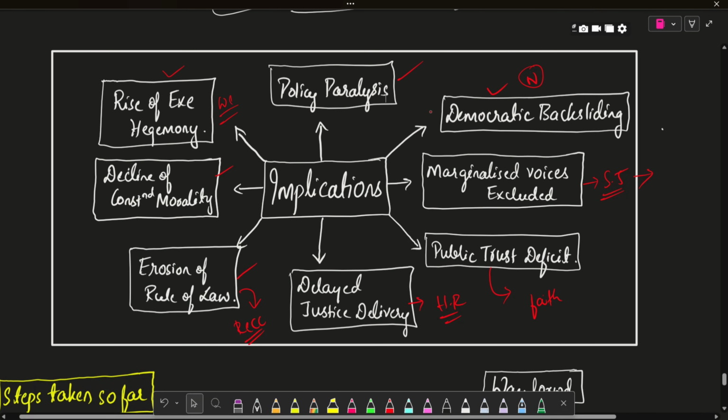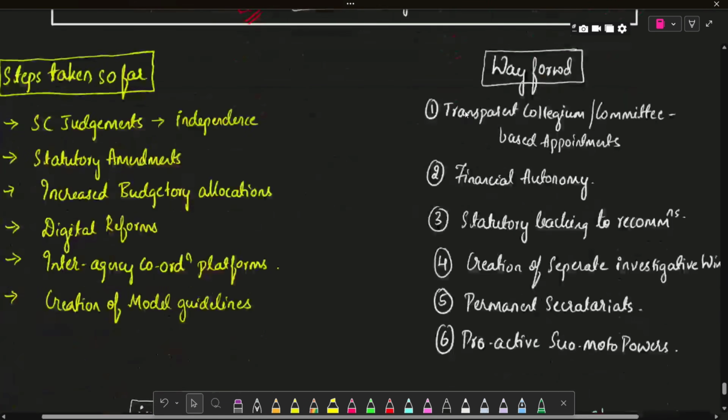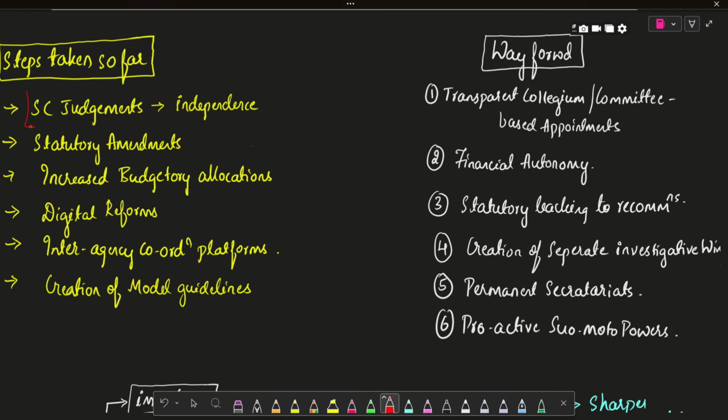Now we'll see what are the steps taken so far. First one is Supreme Court judgments ensuring independence of these bodies. For example, in the recent Anoop Baranwal case 2024, Supreme Court recommended a separate panel for appointment of the Chief Election Commissioner. Statutory amendments, for example, Lokpal and Lokayuktas Act 2013. Increased budgetary allocations, for example, to Election Commission of India, increased allocations for infrastructure and